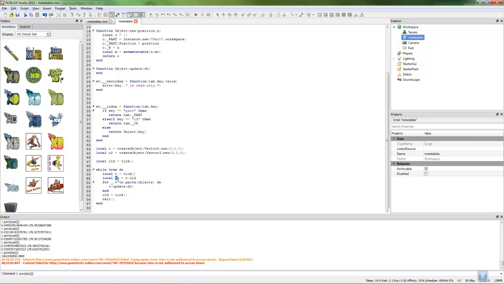Now delta time is what we've got here. It takes the last time, and is going to times the movement of the object by the length of the frame. And this may sound odd, but for example,